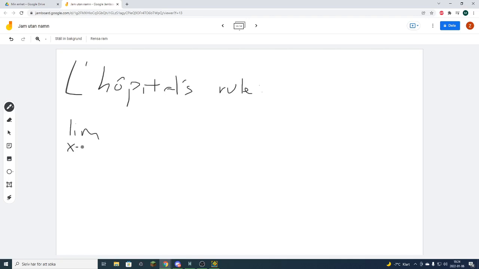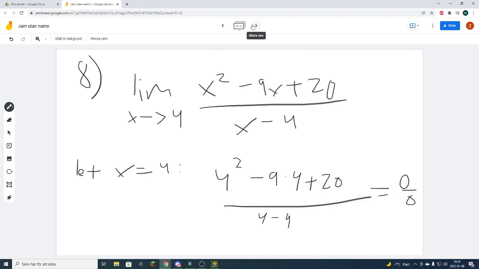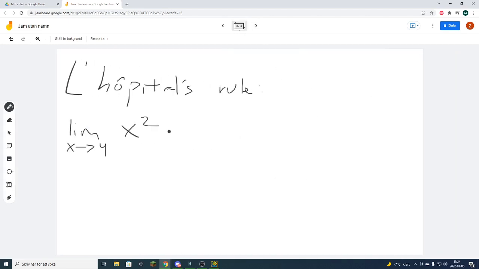So we have the limit as x goes to 4 of x squared minus 9x plus 20